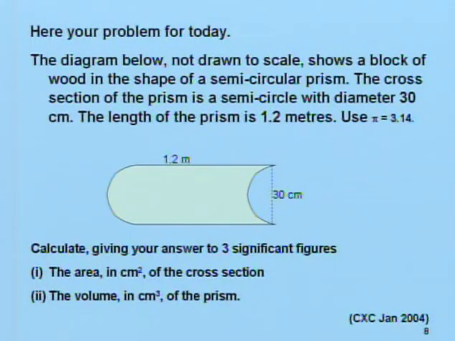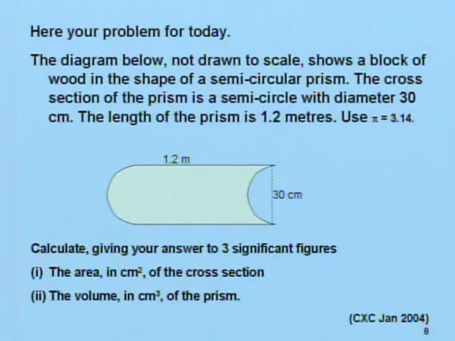Here is your problem for today. The diagram below, not drawn to scale, shows a block of wood in the shape of a semicircular prism. The cross section of the prism is a semicircle with diameter 30 centimeters. The length of the prism is 1.2 meters. You're asked to use pi as 3.14. Calculate, giving your answer to three significant figures,